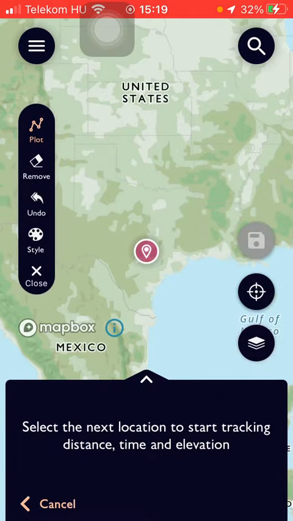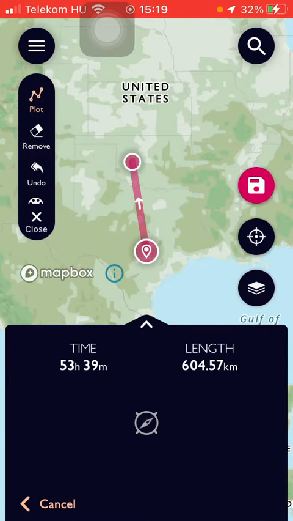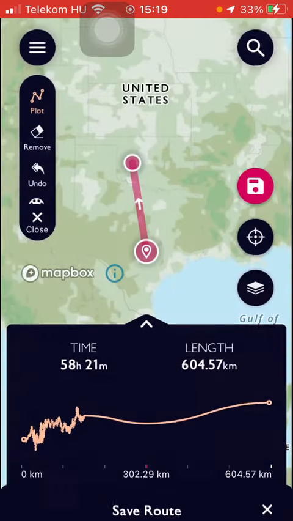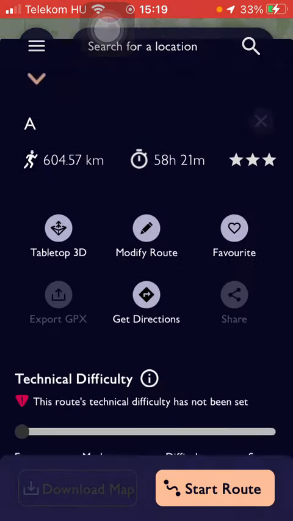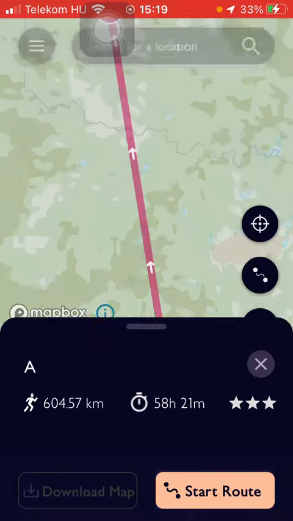Select the route type. Select the next location and here you can see it. Tap on the save button, type in the route name and click on save route after selecting these options, and as you scroll down you can add it to your favorites by tapping on this heart icon,